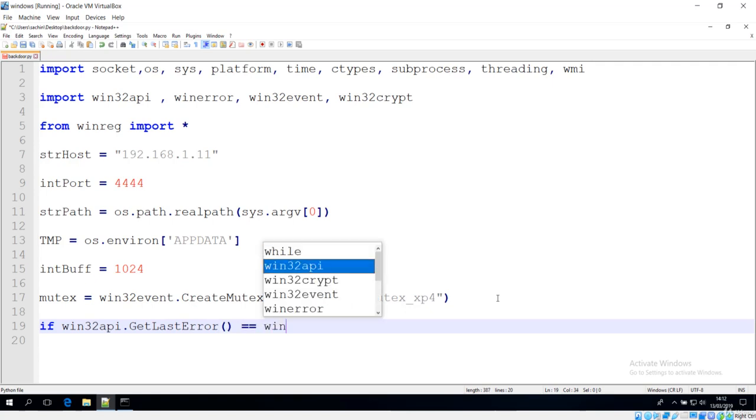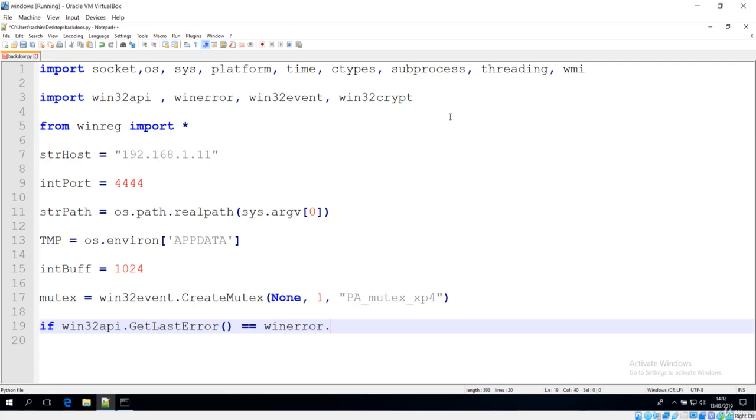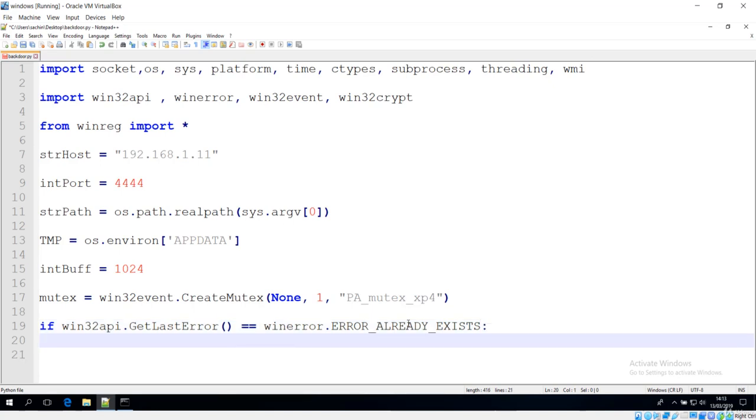To check that, we have this win error that we just imported from here, and we'll check if the error already exists. So if the error already exists, then let me give the tab, and in that case mutex should be None.